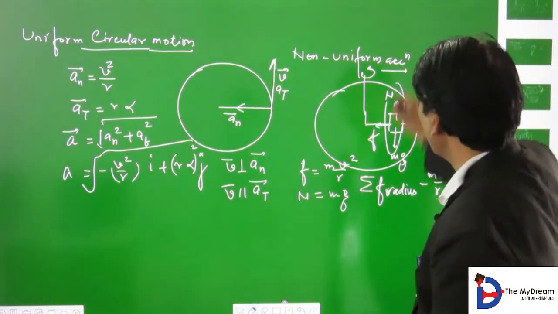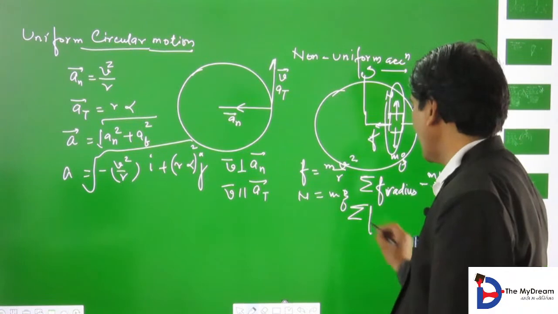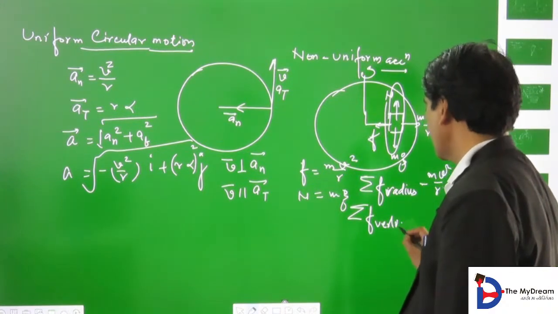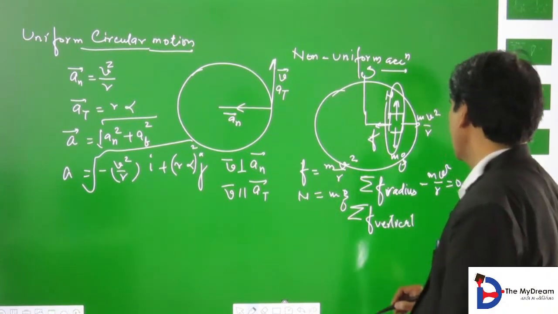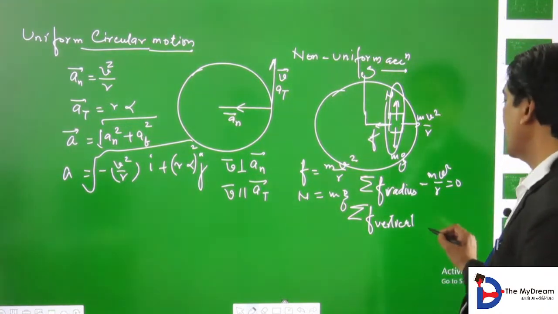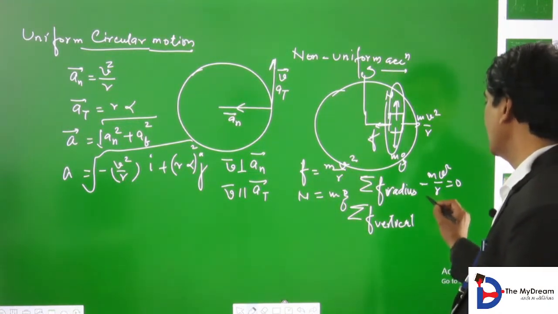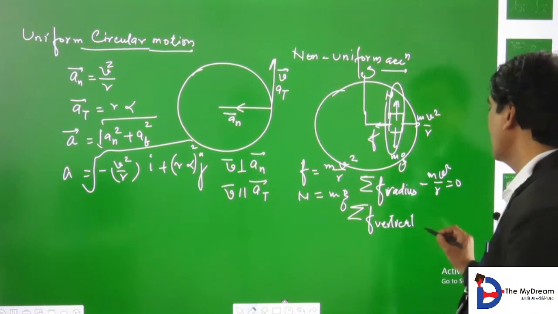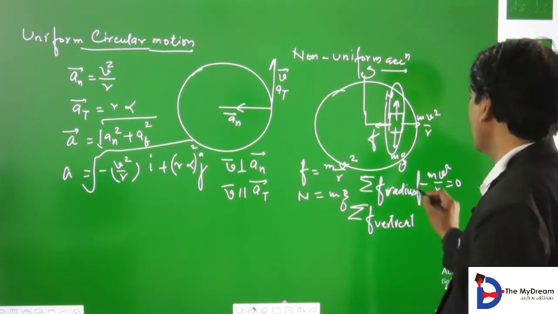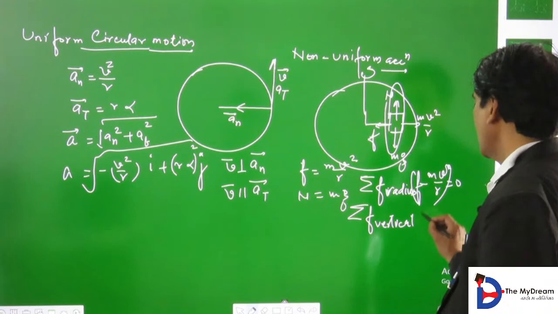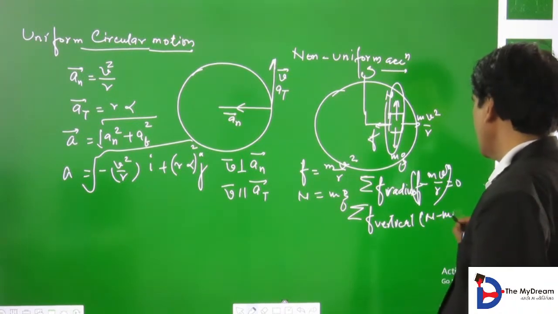And this is the vertical one. The summation of F vertical, that is N minus mg, write it like this here, N minus mg is equal to,